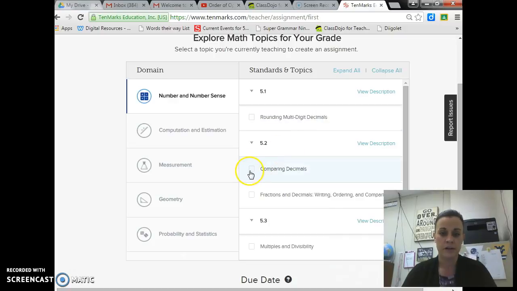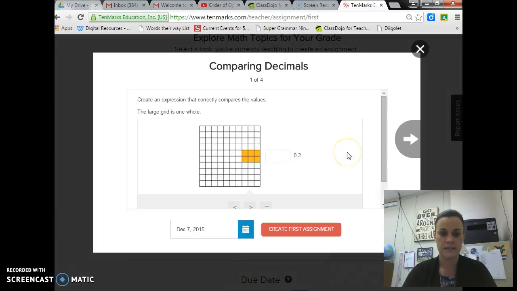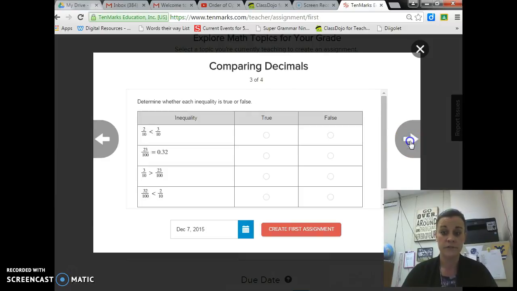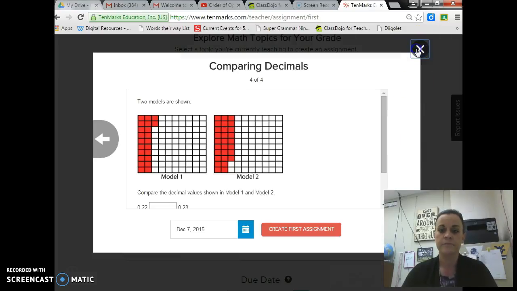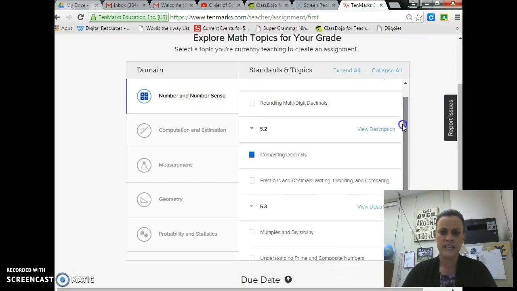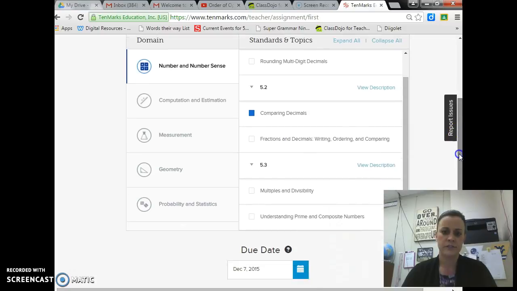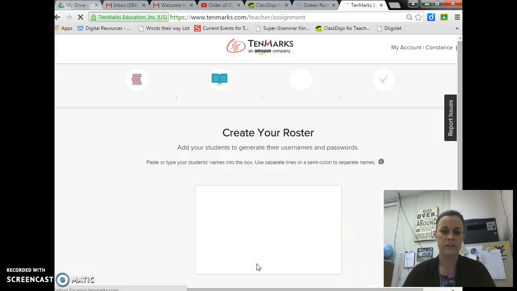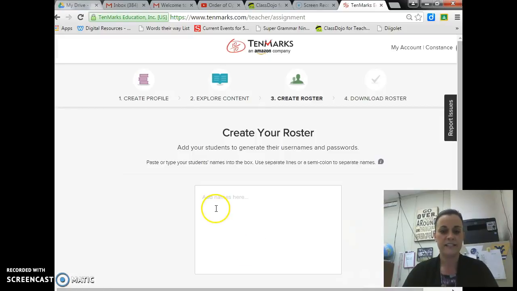So for today, we're going to set up an assignment to get us started on comparing decimals, and you'll see when you click it'll give you some examples of what the problems look like that your students will be solving. So we're going to scroll down and set a due date. Set our due date for December 7th, and we're going to create our first assignment. So that's in there. Well, next, before we can have anyone complete the assignment, we have to create a class